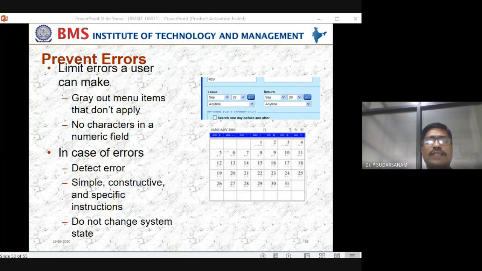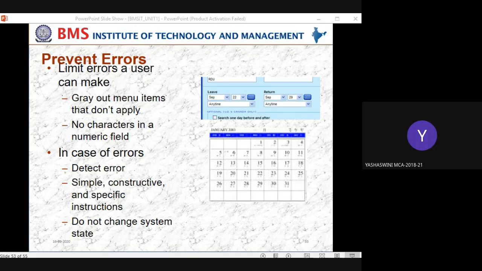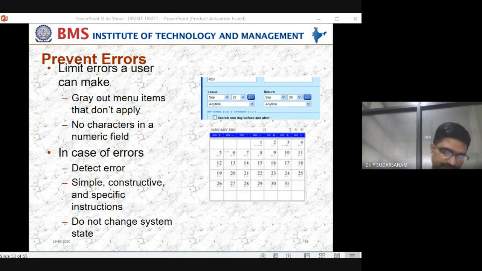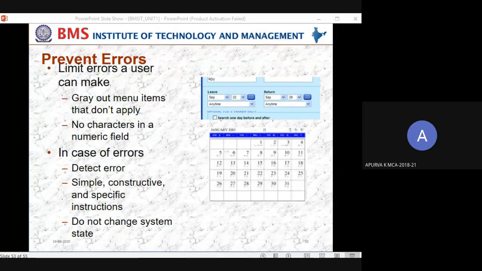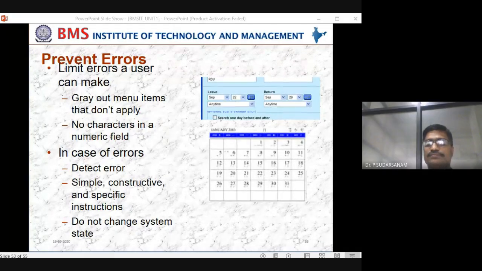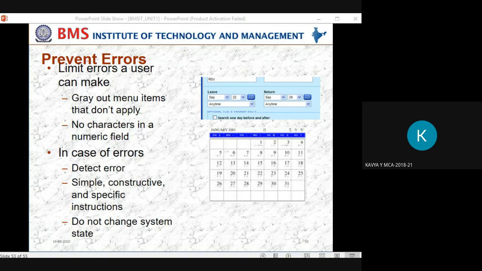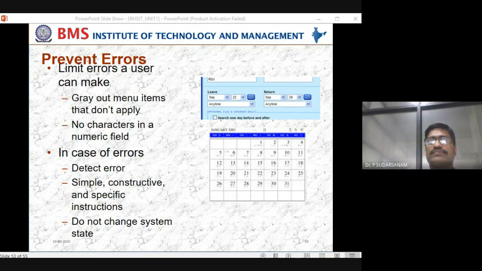Present, sir. 34. Present, sir. 50. Present, sir. 51. Present, sir. 52. Present, sir. 53. 54. Yes, sir. 55. Present, sir. 56. Present, sir. 57.